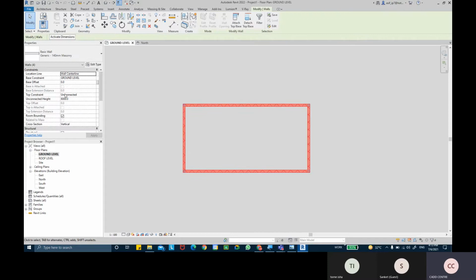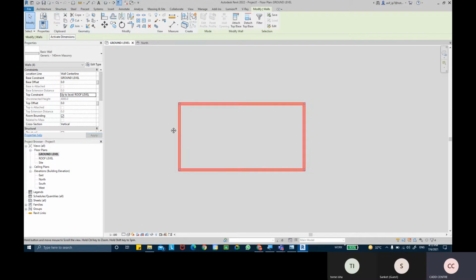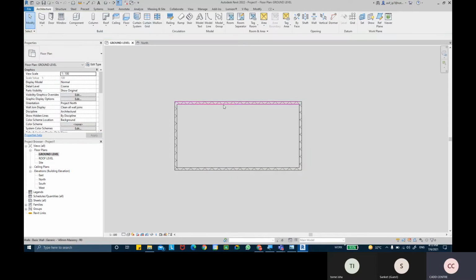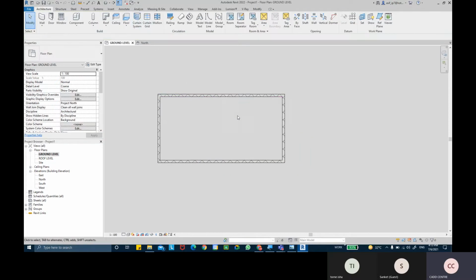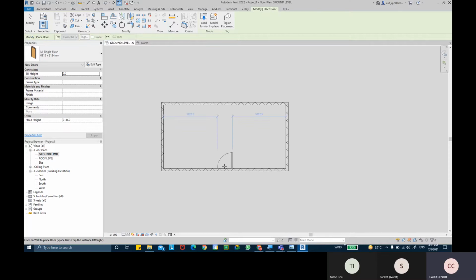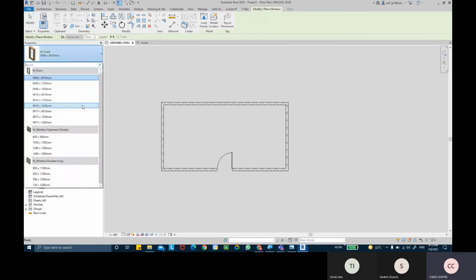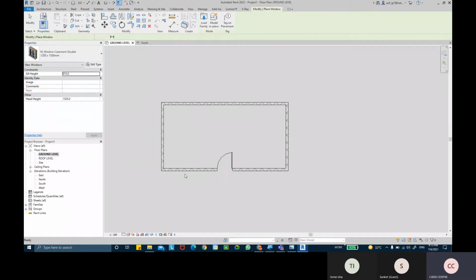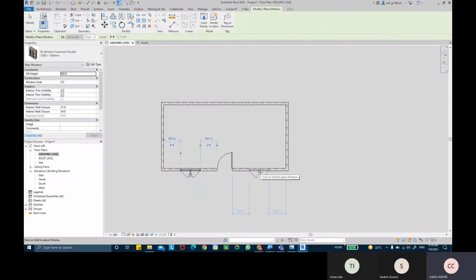Make sure that the top constraint is up to the roof level. Add a couple of doors, maybe one can be my main door entry, and we can add a couple of windows as well. Into one, into two.